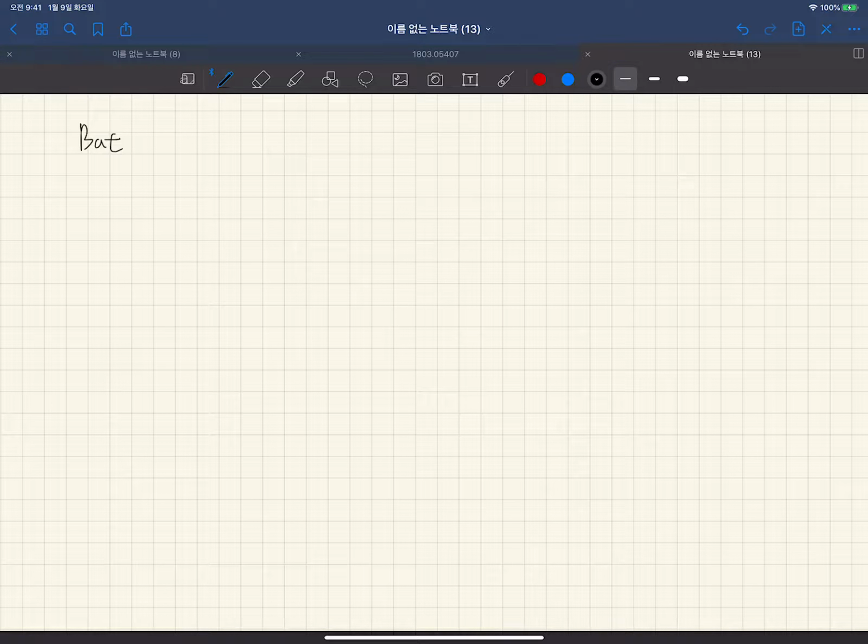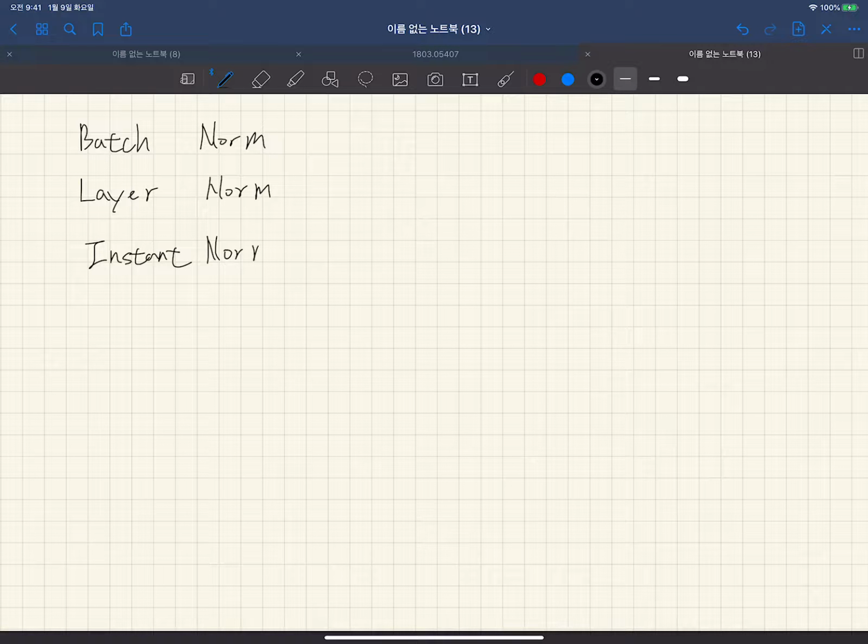If you are interested in this kind of concept, I want to recommend a few names: layer normalization, instance normalization, and group normalization. These techniques use different sample points to estimate mu hat and sigma hat,